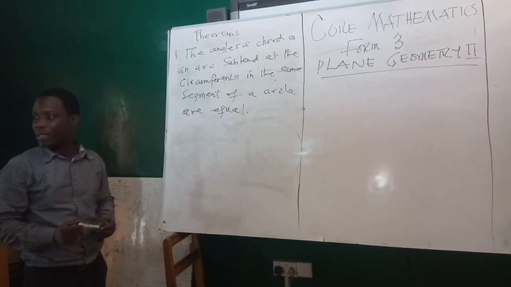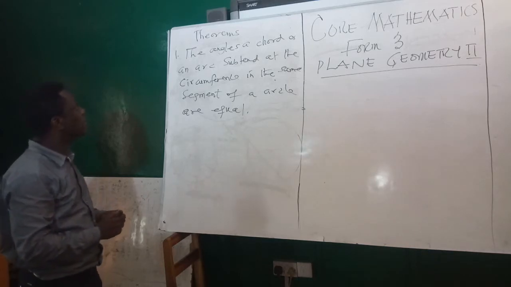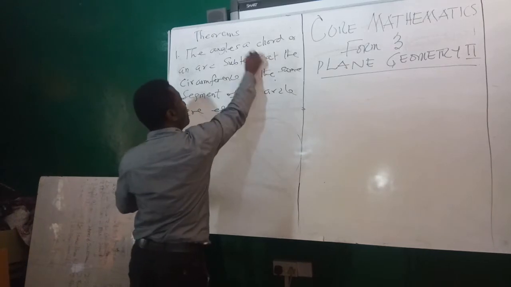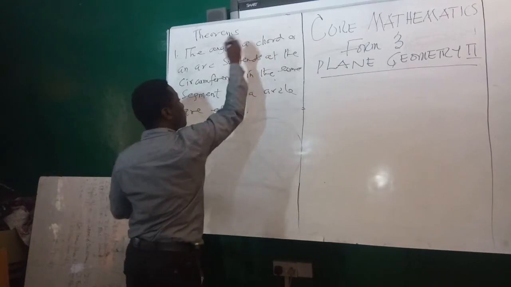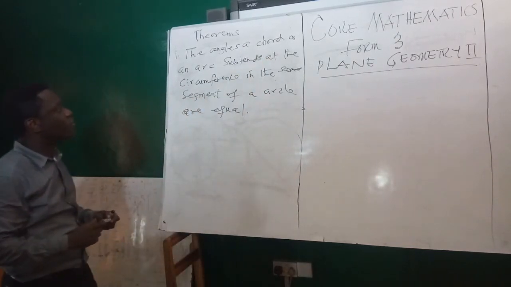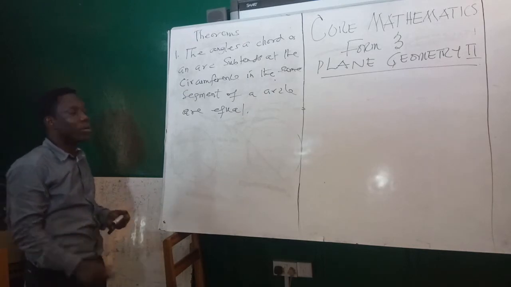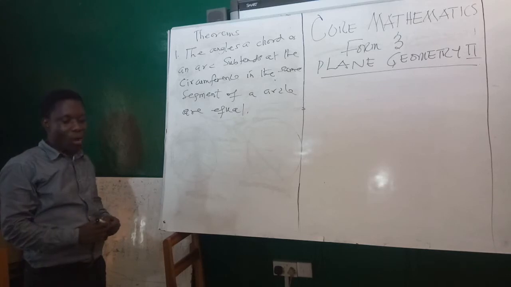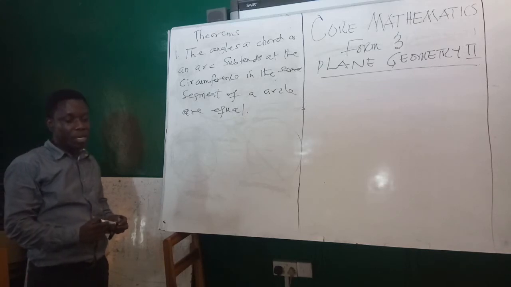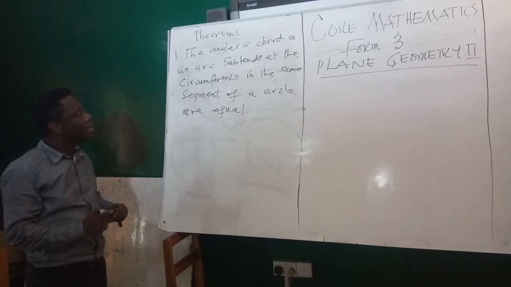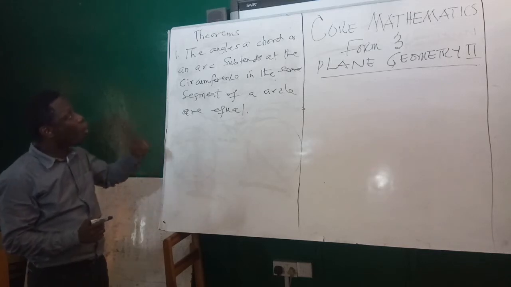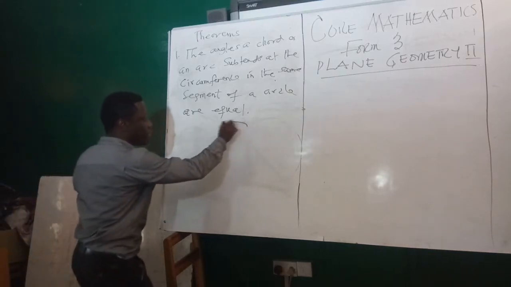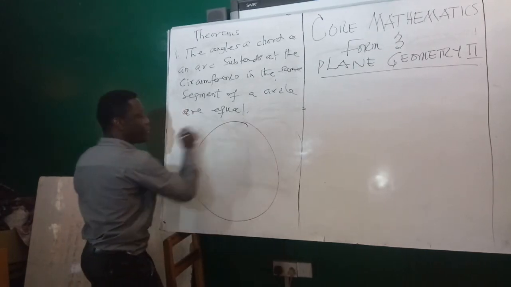Very, very important. The angles an arc subtends at the circumference in the same segment of a circle are equal. Now, what do we mean? You notice that I mentioned chord or arc. Now let me use the diagram to explain it better. So what I'm saying is that if I have a circle